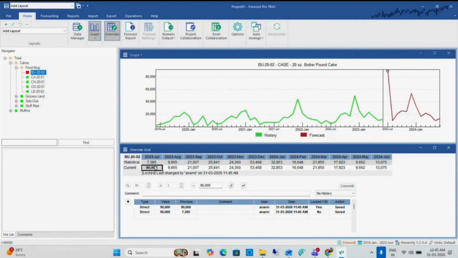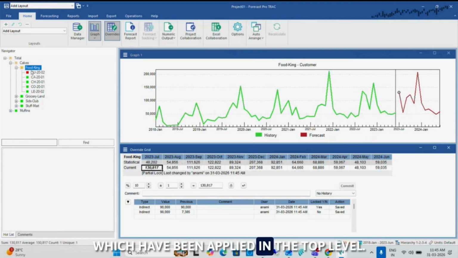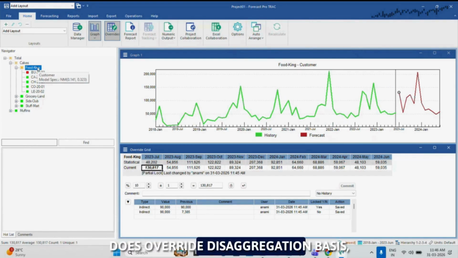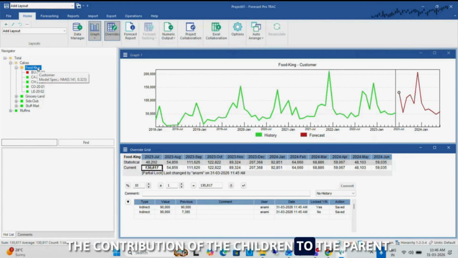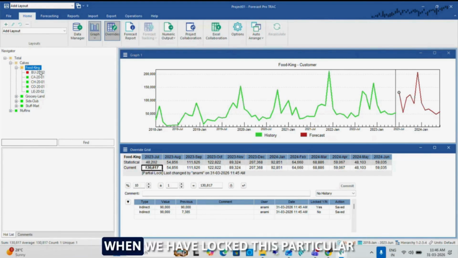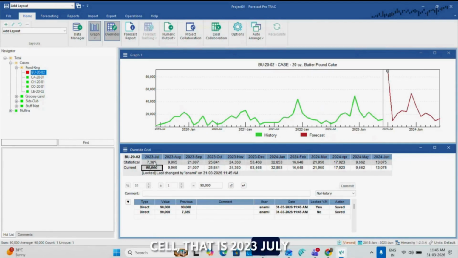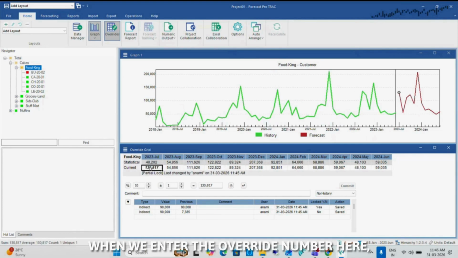Now, when we do this, we are also excluding this particular product for this particular month from sharing the override numbers which have been applied in the top level. Now, we all know that Forecast Pro does override disaggregation basis the contribution of the children to the parent. When we have locked this particular cell, that is 2023 July, when we enter the override number here, let us